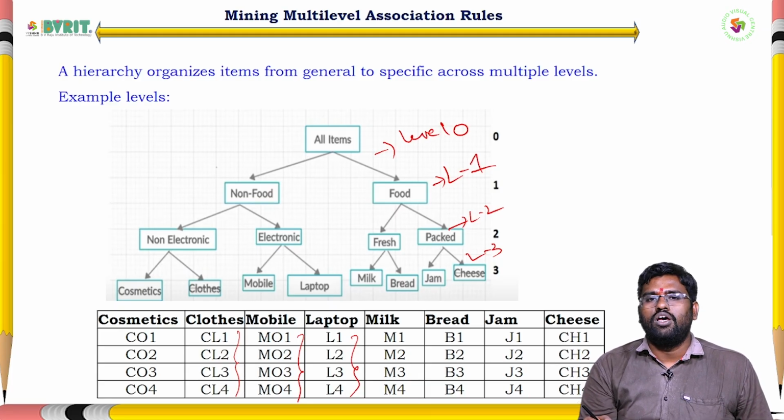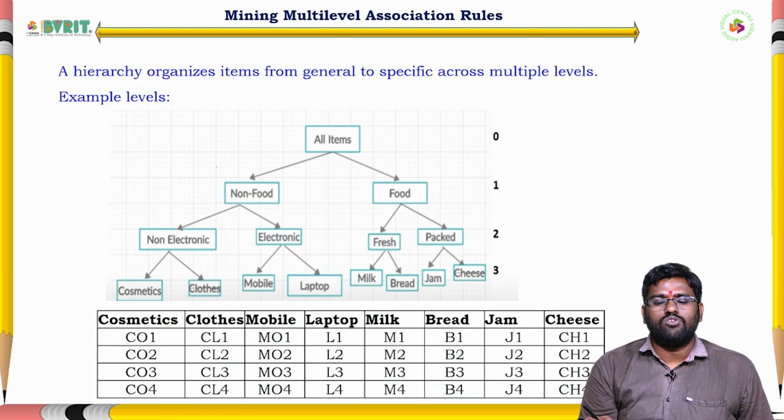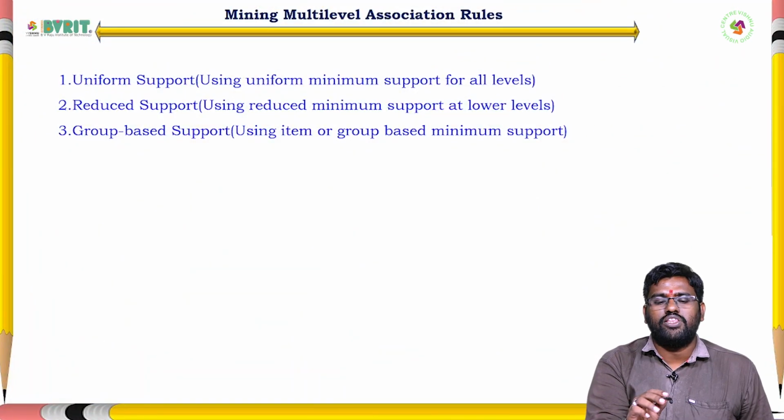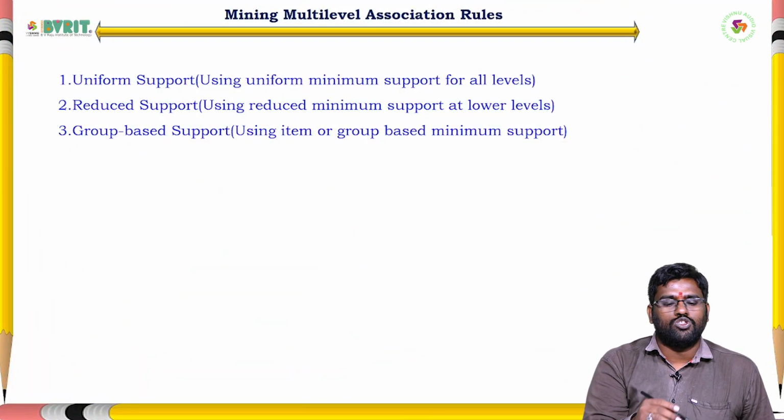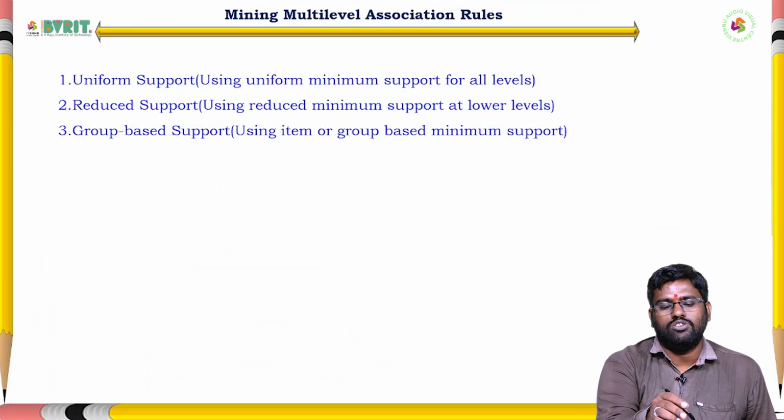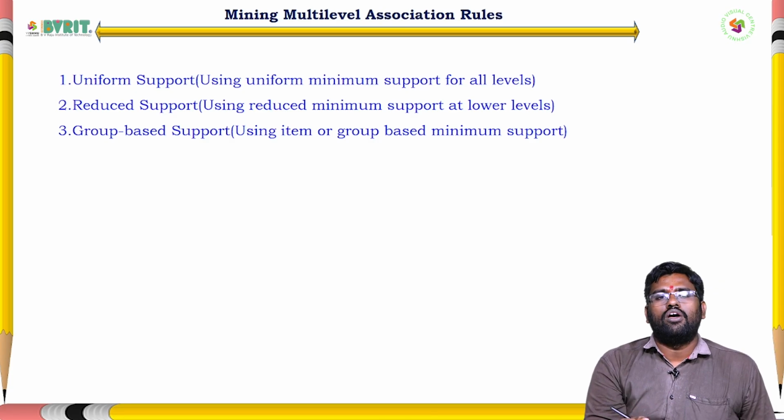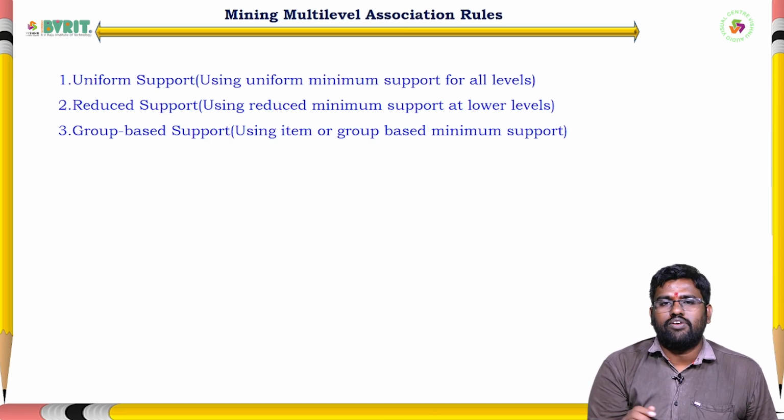I have written this one. Now, how to implement this? We have to implement this multi-level. There are 3 types of supports: the first one is uniform support, then reduced support, and group-based support. Uniform support means whatever the levels are there, for example,